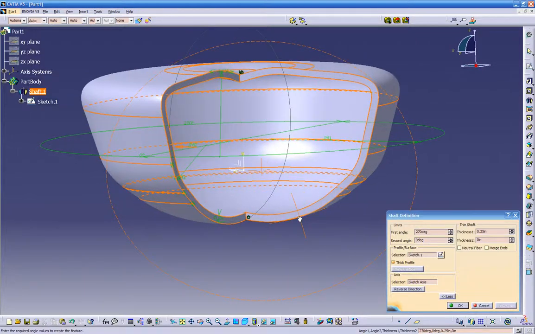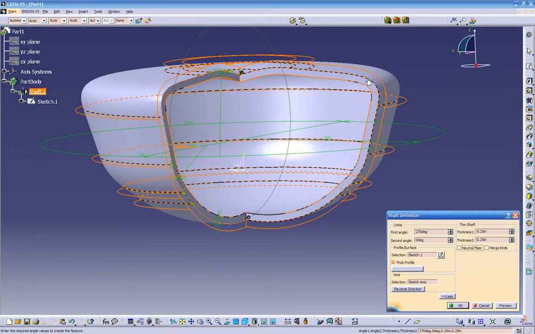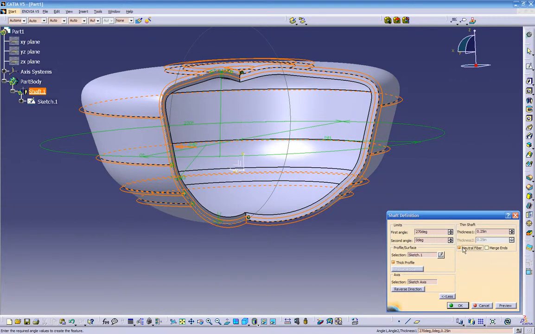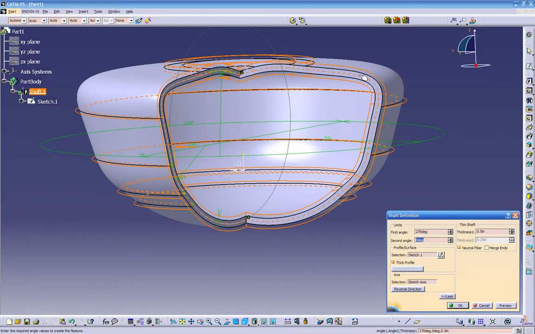So now let's go in 250 on the inside, but if you click on a neutral fiber, so we got 250 over here, and if you put 250 over here, it's gonna go on the other side. So we got 250 from here to here and 250 from here to here. Or we can click neutral fiber, and it knows that's the center line, so it's gonna go 125 and 125. So if you put ½ inch over here, automatically it knows that from the center line, from here to here, and from here to here we have ½ inch. So if we click OK,